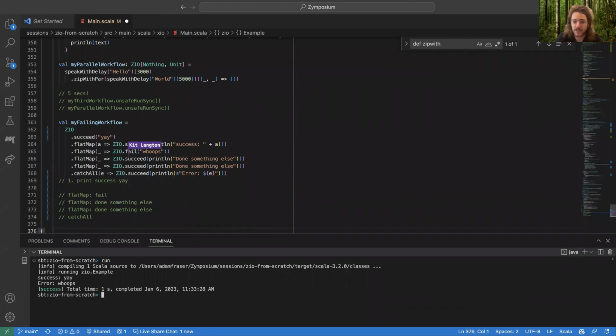Because we've reached a fail node, we unwind the stack looking for a catchAll continuation. We throw away every value off the stack until we come to a catchAll node, and then we pass the error, this whoops, into that continuation. And that's why our second concrete step is printing error whoops.